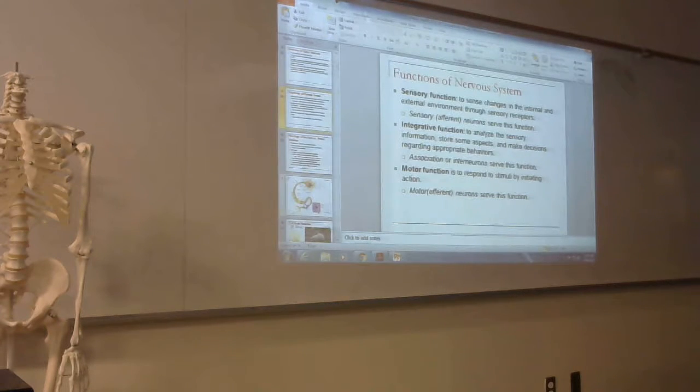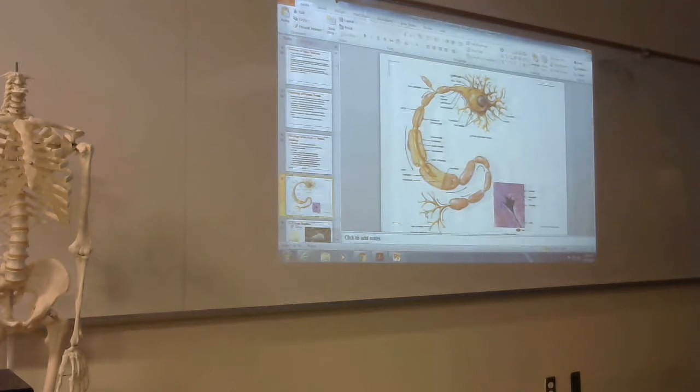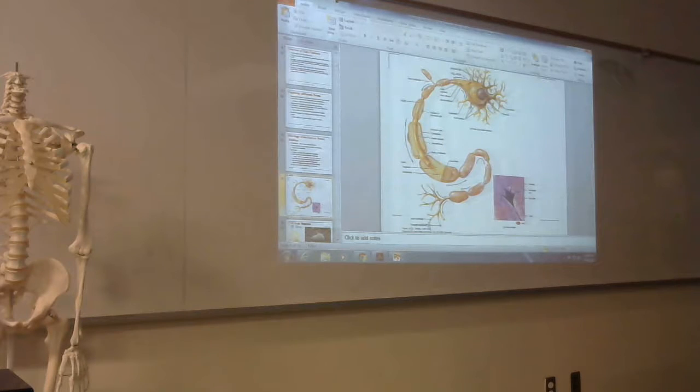As far as the neuron is concerned, you need to know the three parts, right? The dendrites, the cell body, and the axon. So the dendrites receive stimulus, then the cell body integrates. The axon propagates the action potential. So once the action potential reaches here in the terminal bulbs right here, what happens here is the neurotransmitter